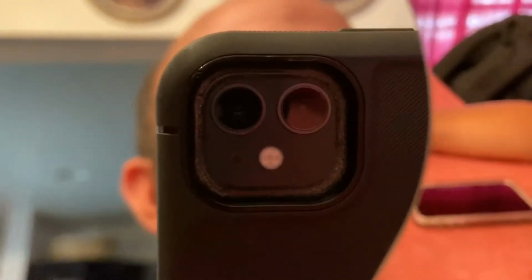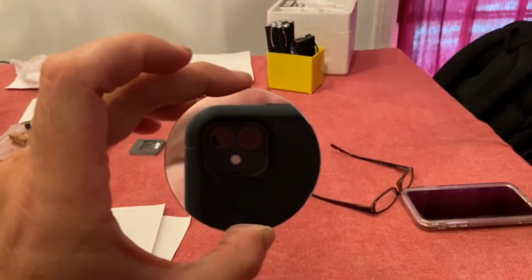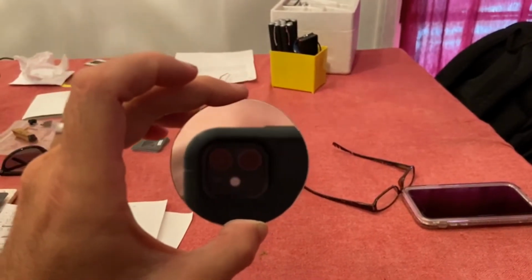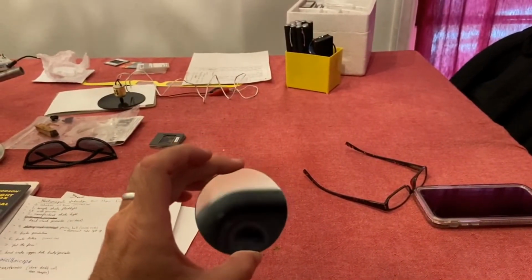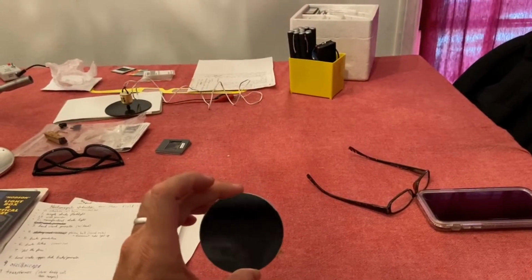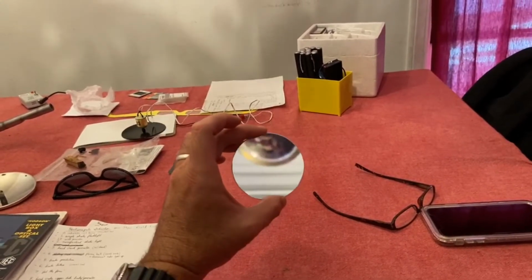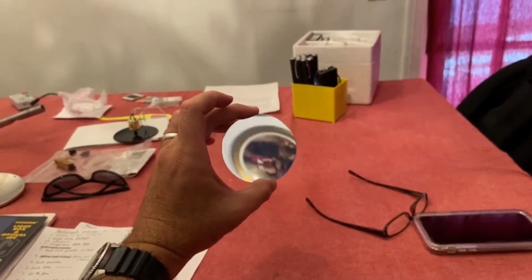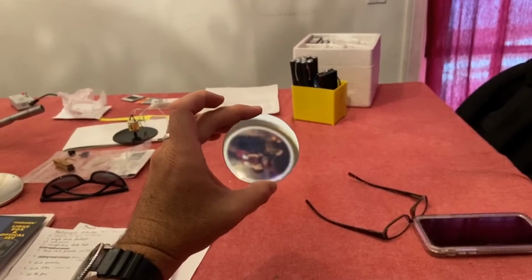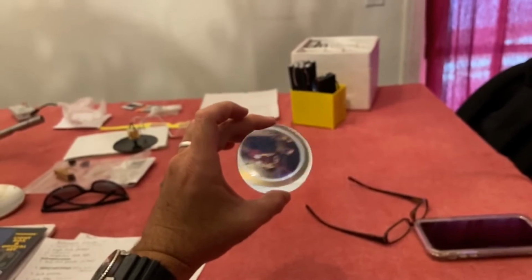Okay, now if we bring it farther away, we're going to see how things change. Because we're still seeing something that is virtual and upright, but it's not very enlarged anymore. And then it's going to get blurrier until we reach a point that's beyond the C point, or the center of curvature point, such that if you look at anything beyond that point, such as that plate hanging on the wall, right, it's been inverted. So now what you're looking at is an image that is real, not virtual. It's also